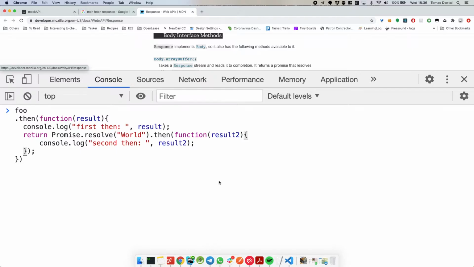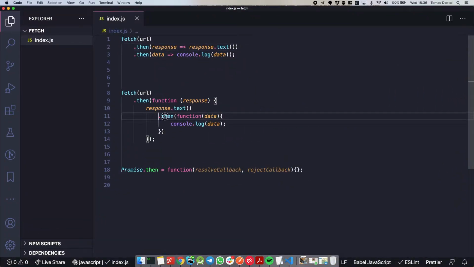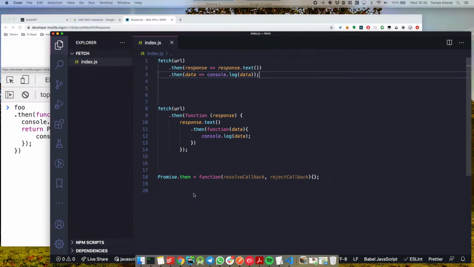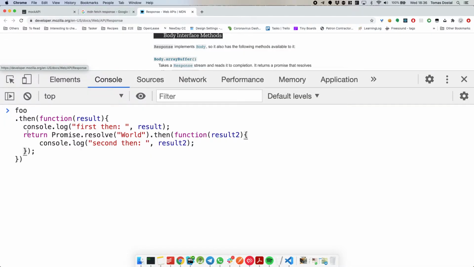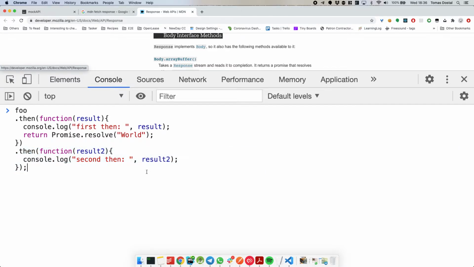Right, and that's what I wrote to you in here. Yeah, you can chain it this way. Makes more sense. So this actually makes sense, kind of. Yeah, when you look at it, it makes sense. But once you get more familiar with it, you would write it like this because this is just neater. Yeah, no, I understand. So this thing is pretty much the same thing. The only thing I would say is, in here you're going inside and inside, so you might not have access to some variables that you would need. So there are different reasons to write it like this, but one of them is that it's just more readable.